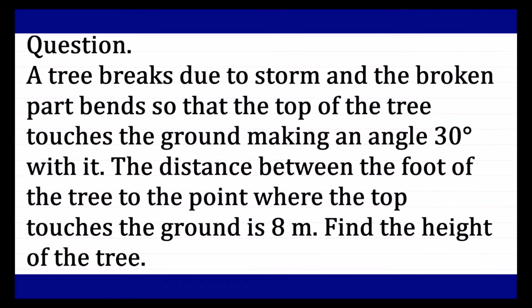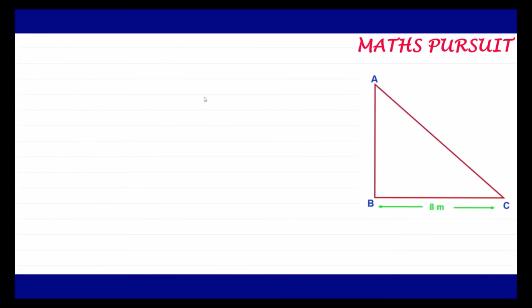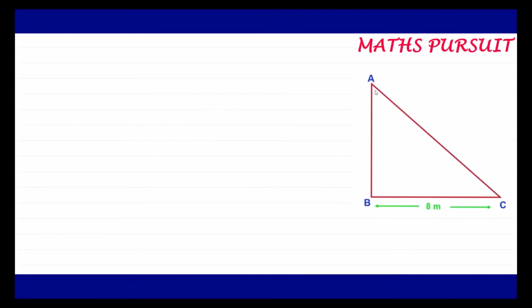Now we are going to draw a triangle. We are going to draw a triangle assuming that AB is the broken part of the tree and AC, the broken part to the top of the tree that is broken, it touched to the ground. So from A to C it touched to the ground, and once it touched to the ground it is making an angle 30°. As per the question, this is making an angle 30° after touching the ground. So this particular angle is 30° guys, as per the question.